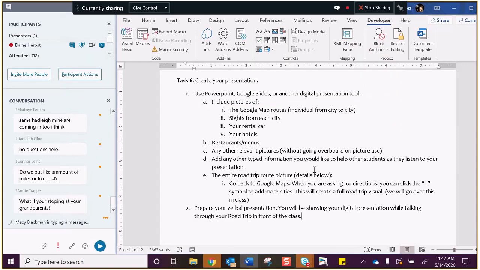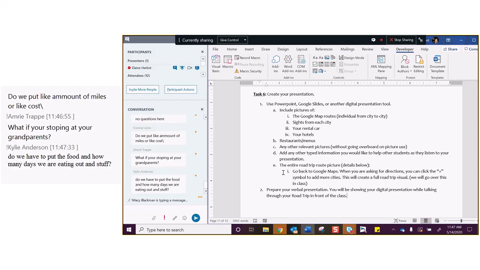Kylie, that's all in the packet. I'll read about all that stuff when I grade your packet, because 50 points of this is your packet. The other 10 points to make it a 60-point project is this presentation. And the presentation part's going to be super simple because hopefully you've got all those pictures already saved.